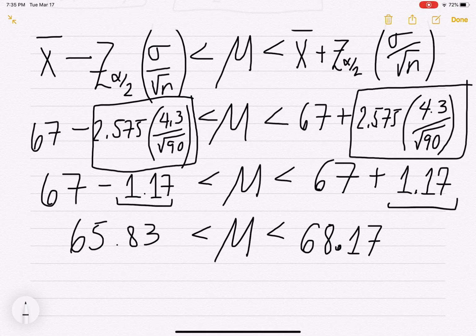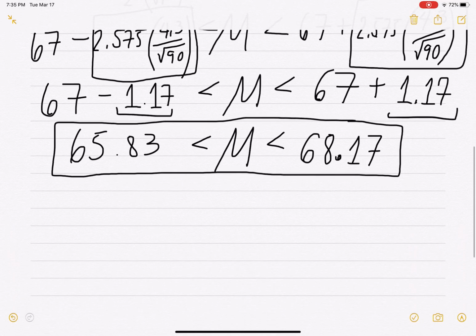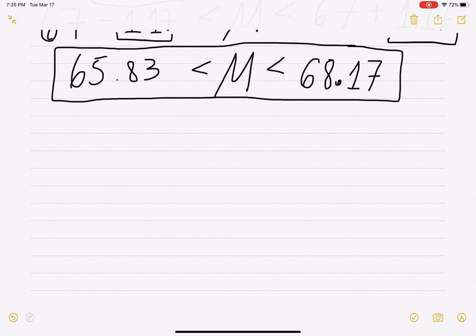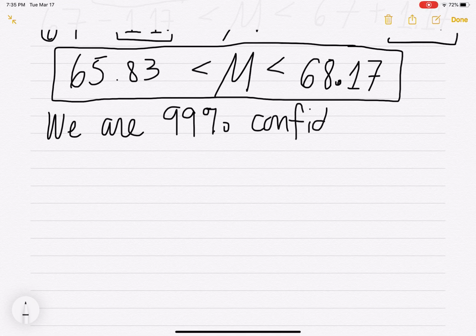So this is actually the confidence interval for the average speed of all speeders on the I-24 in Chattanooga for the last year. So let's go ahead and write a conclusion at this time. And we're going to say the following. We are, how much confident? 99%, right? 99% confident. That was our confidence level. That got us our Z alpha over 2. So we are 99% confident that